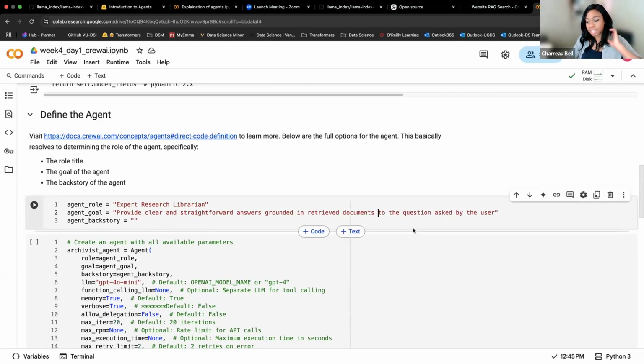So let's try that, because we know we're going to do web search. Maybe the web can help us. Maybe for the backstory, we just say, I don't know, what would be a good backstory? Anybody have ideas?